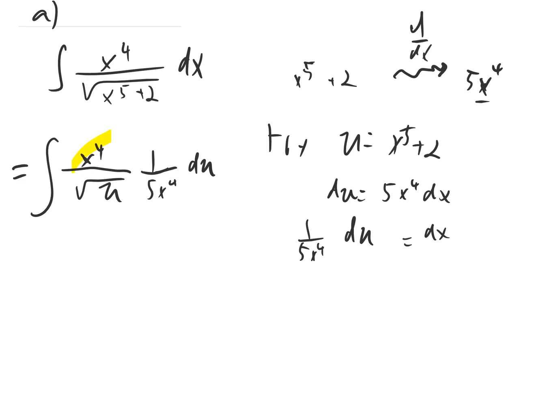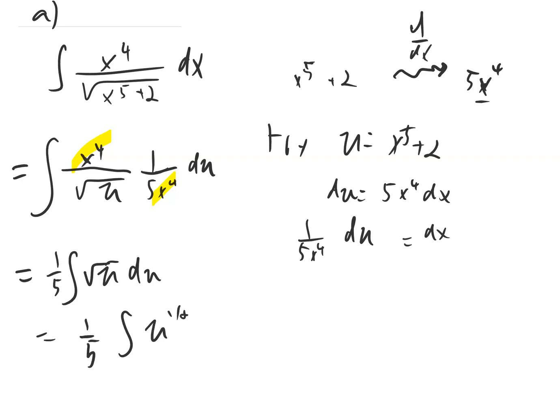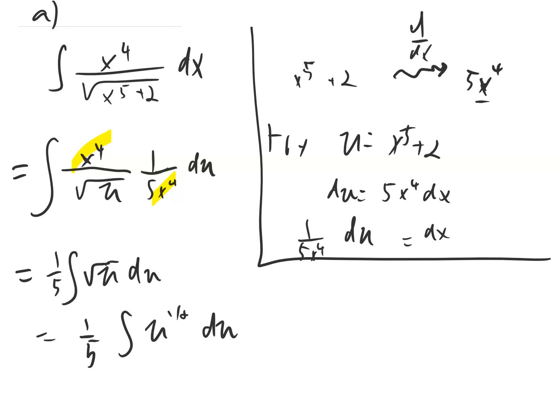Some powers of x cancel, and after pulling out a 1/5, the integrand simplifies down to the square root of u, which is convenient to rewrite as u to the 1/2, the better to use the power rule for integration. Here's the integral in terms of u, done using the power rule, and the final step is to plug the original equation back in for u. So our answer will be 1/5